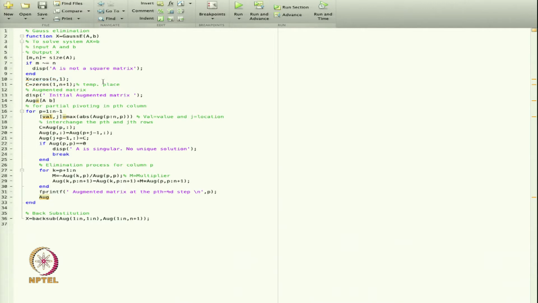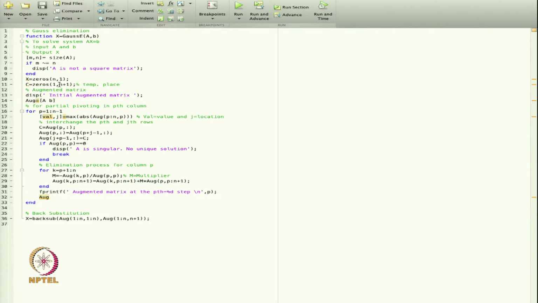Now, I define a temporary vector c, that is also zeros(1,n+1). In this case I am defining a row vector with all values 0, with 1 row and n plus 1 columns. We do this because we have to deal with the augmented matrix, and in the augmented matrix the number of columns increases by 1.